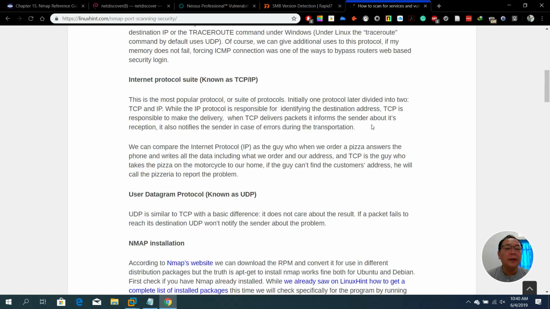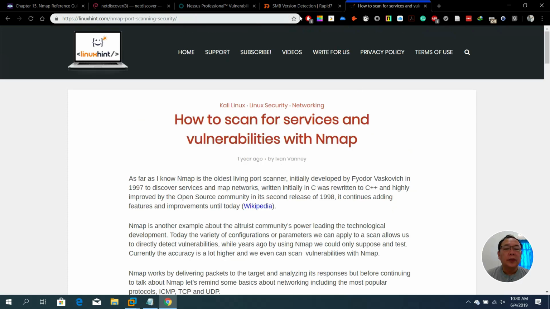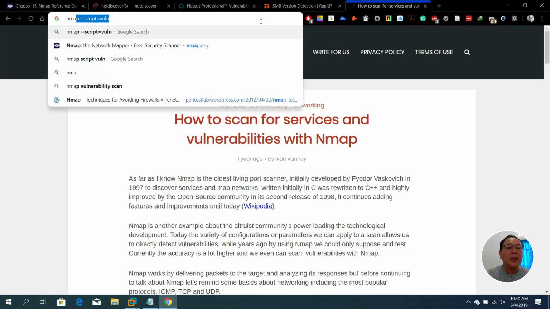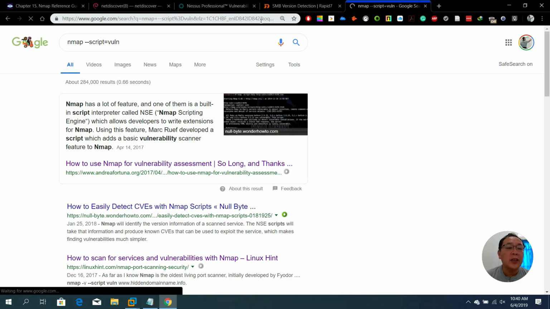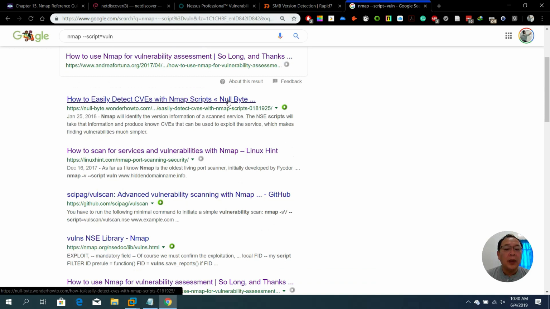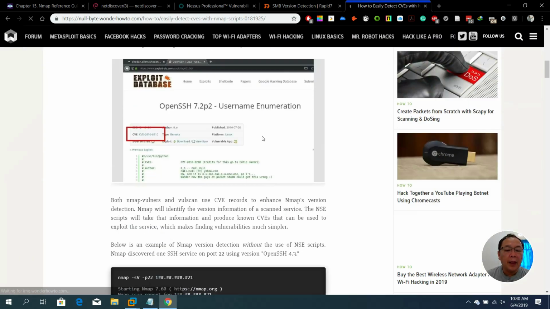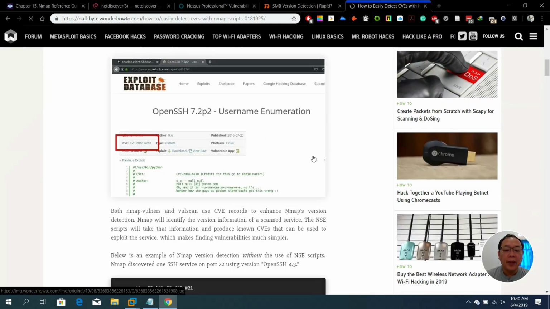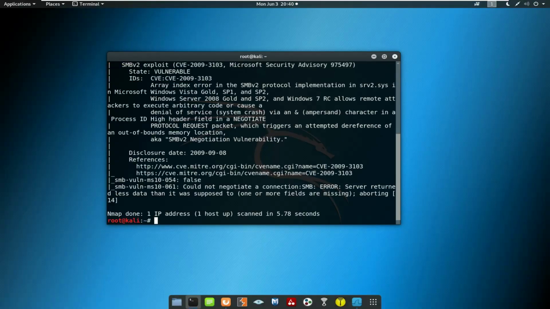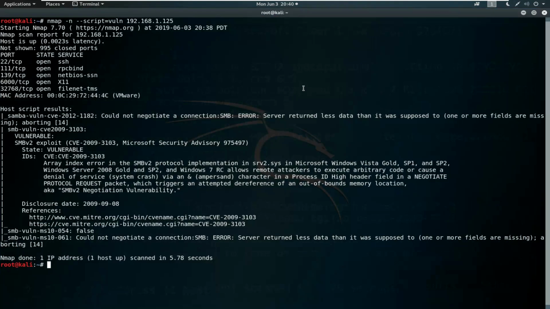Okay. So anyway, when you type nmap dash script equals vuln, this will actually launch multiple Nmap scripts to detect vulnerabilities. Okay, let's see what we have here. Okay, we're done with the scanning, and notice that we can right away see that this target is